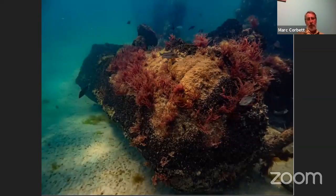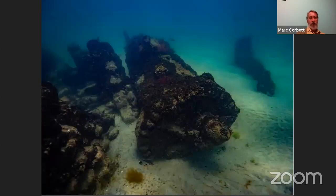This is the steam drum on the wreck site. Note the fittings coming out. These were the steam outlets and safety valve nozzles that sent the power to the engines. On the other end of the tank is the water fitting, and this is where they sent water into the